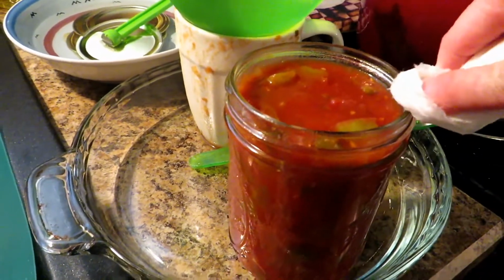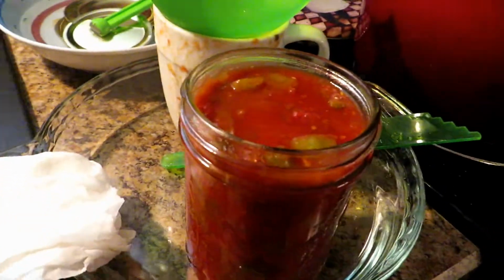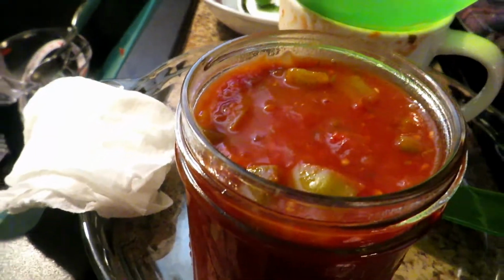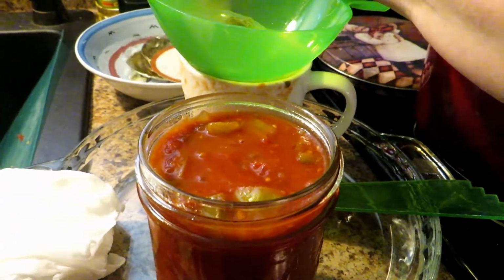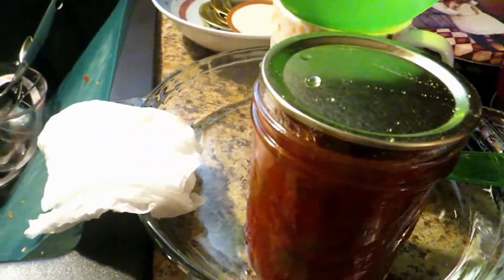Because if you do, then the rubber on your flat will not seal down completely to it. It will just stick to the food that is around the rim, and you could get a false seal. So we're going to set a hot flat there that has been in hot water,